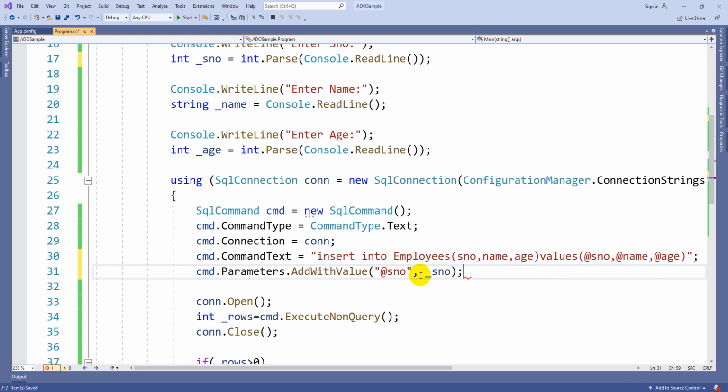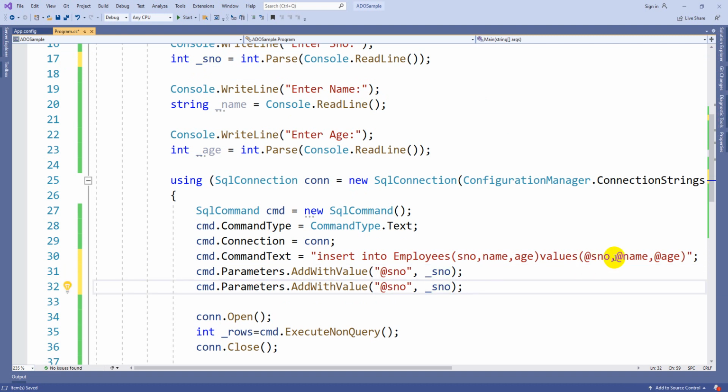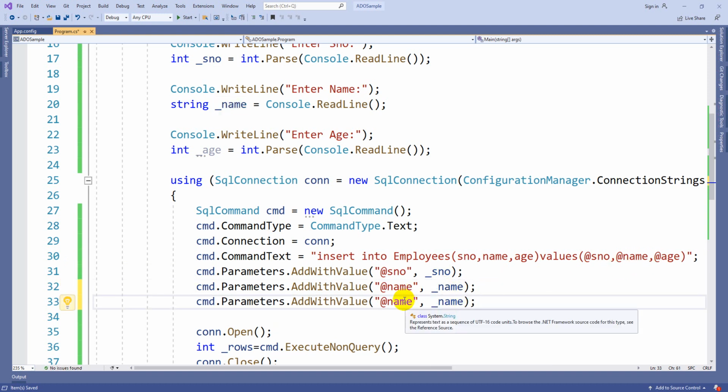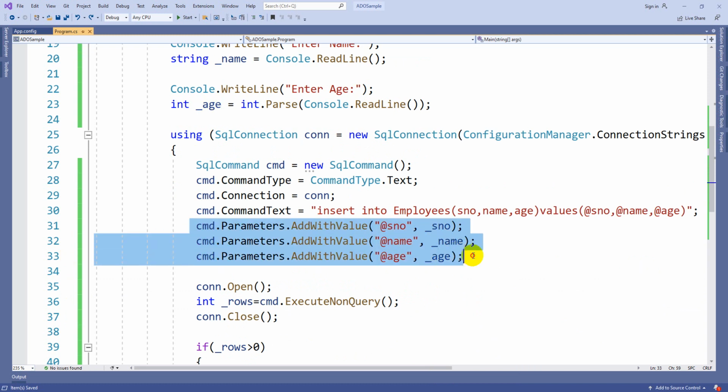So now wherever there is @serialnumber in place, this is going to add the value of this particular variable @serialnumber. Like the same, name is going to be replaced with the variable value of @name. Like the same we have age. So for this also we need to take it as age like this. Like that you can pass all the parameters. Now this program is a 100% reusable program.